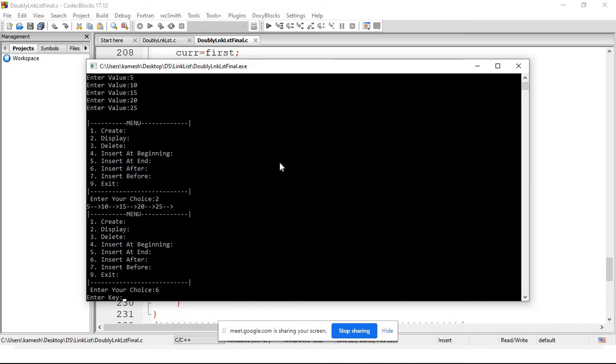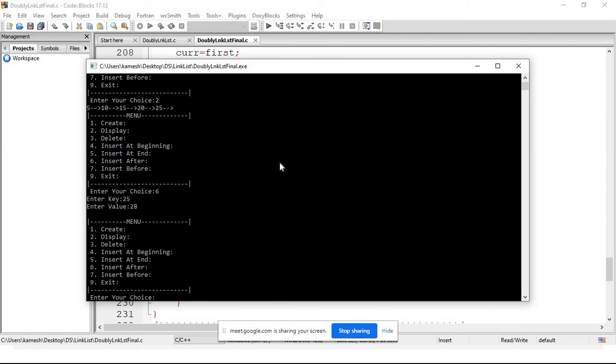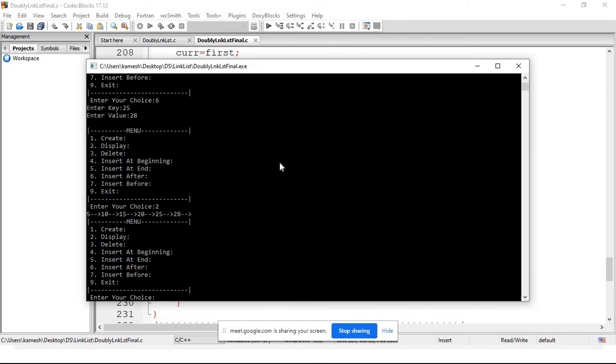Key value. We'll insert after 25, right? So my key value is 25, and I just want to insert a 28. So that gets inserted. We'll verify. Yes, 28 is inserted after 25, so the thing is working properly.